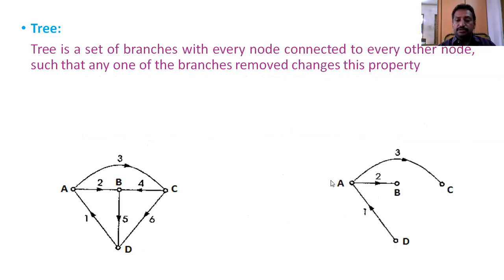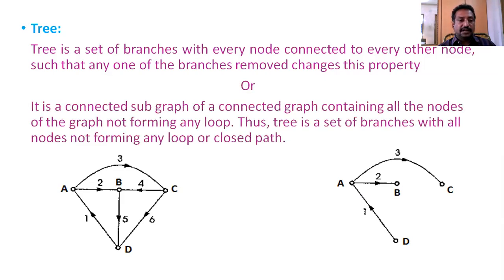Every tree should contain all the number of nodes, and no branch forming a closed loop should be available in that particular portion of the graph. That is called a tree. So we should see how the tree is formed. First, you follow that all the nodes should be contained in the tree, but no path should be a closed path.